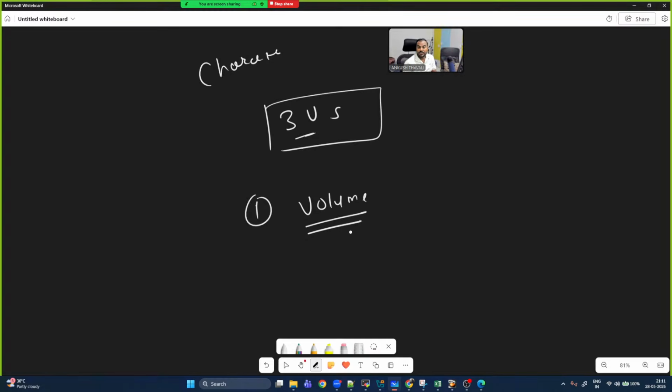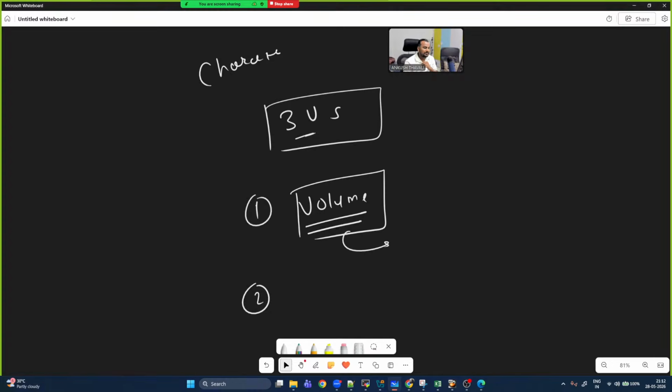It means on a daily basis, a huge amount of data is going to be generated which cannot be handled by my laptop. Earlier, let's say 10 MB. Earlier we used to see the videos in 3GP, MP4 formats, right? Nowadays everyone is talking about 4K videos. So obviously the size of your data is increasing, correct? Whenever we say that a huge amount of data is generated on a daily basis, that is volume.